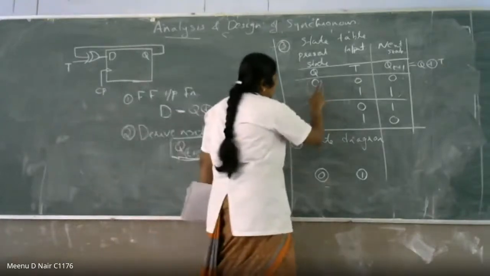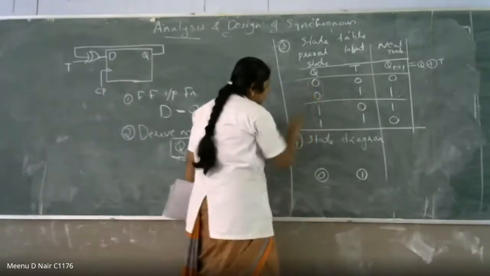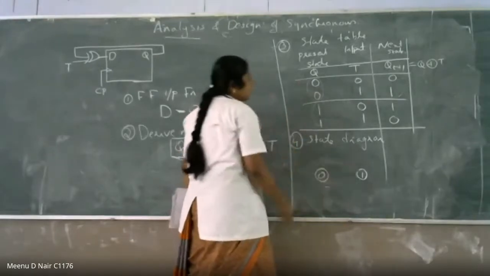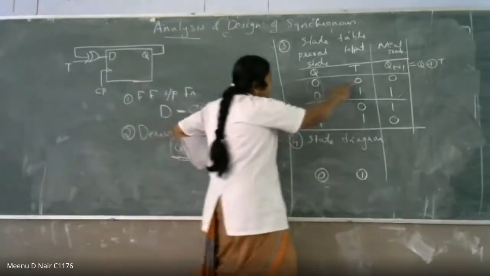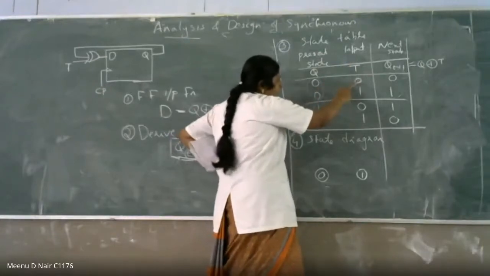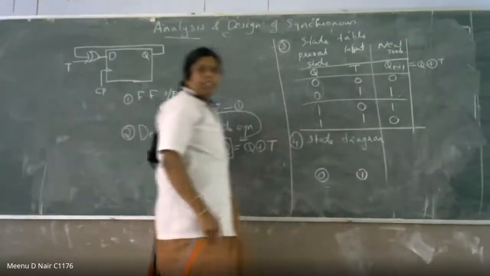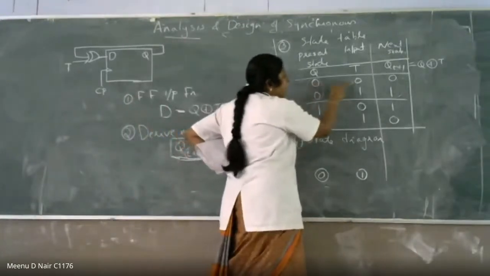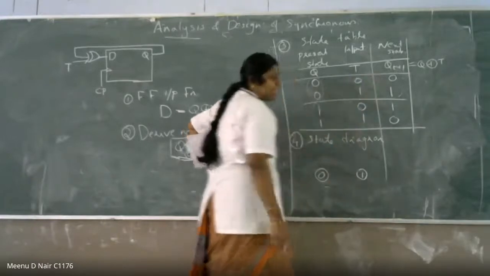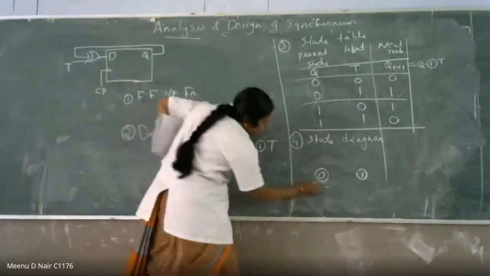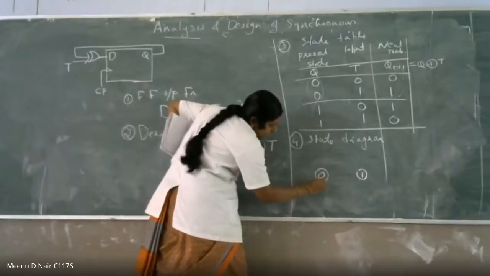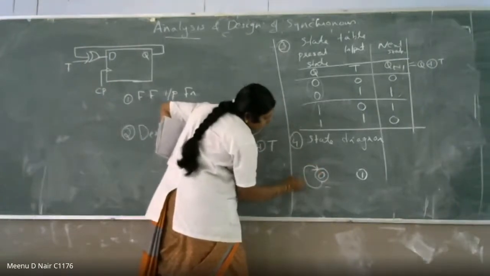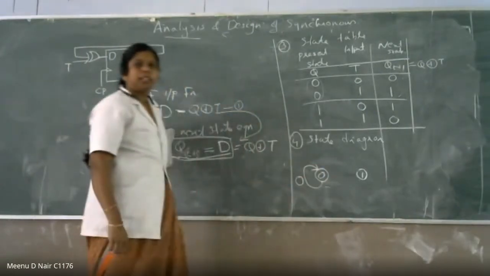Now you see, suppose this is your present state, 0 and 1. You have 2 states: 0 is one state and 1 is the second state. Now your input is 0. When you give the input as 0, what is the next state? It will be in 0 itself. This is your present state, and if you give 0 as input, the next state is 0. So you start from here, and it comes back again to 0 itself if you give input as 0. This is the diagram.